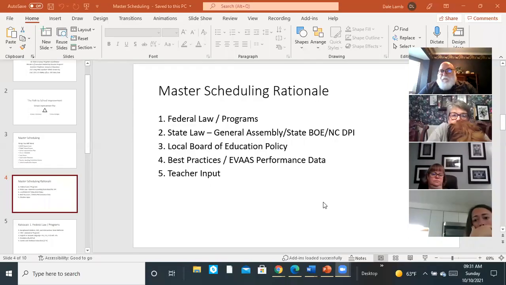It has to be your federal laws. And so you've got to schedule them. That's got to be the heart of your schedule. And then you have to factor in your state laws. And that speaks to how many days you meet and how many hours per day and planning periods and duty-free time and class sizes. Class sizes is a big one, because every month,